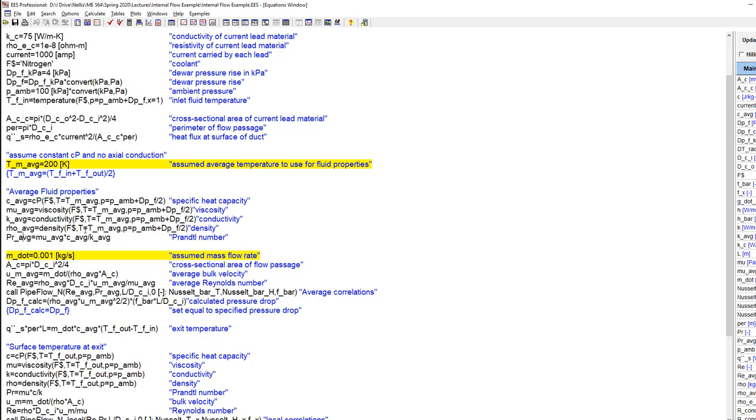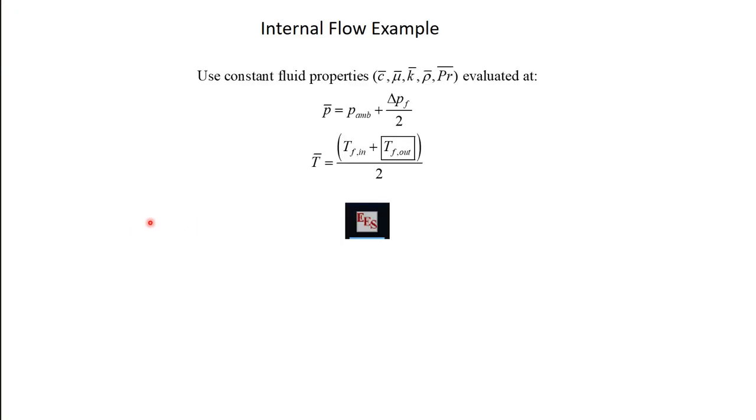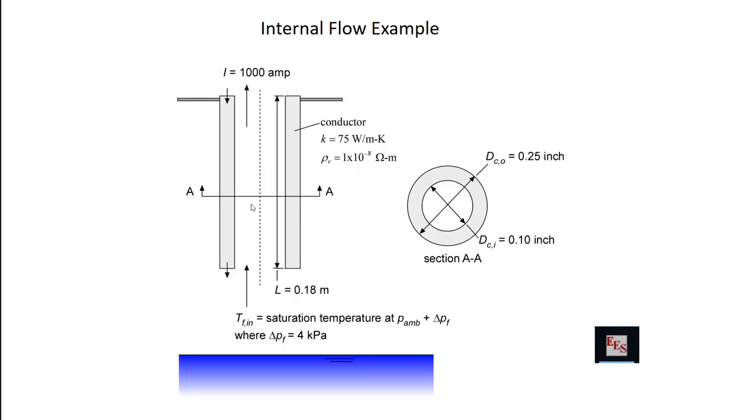The next thing I need to do is think about what is the mass flow rate through this duct? This is a pretty typical situation where I'm not actually given the mass flow rate. What I'm given is something about what I'm hooking the duct up to. In this case, I'm hooking the duct up to a pressure source. I know the pressure here and I know the pressure here, and then based on that pressure source, that's going to dictate how much flow goes through the duct. The duct has some hydraulic resistance, and based on what the hydraulic resistance is, that's going to dictate how much